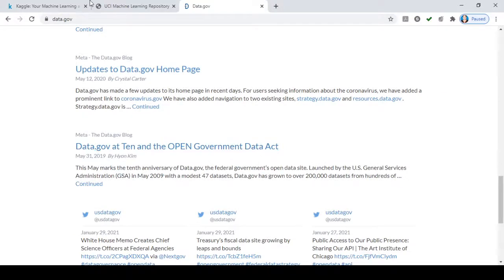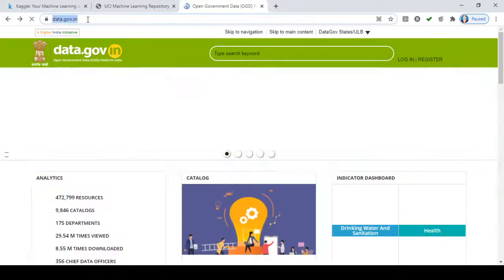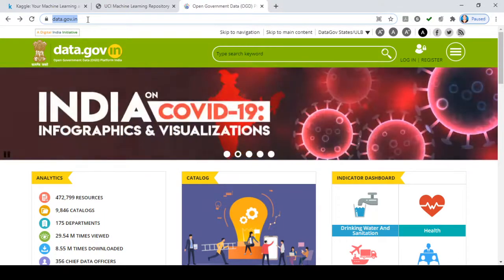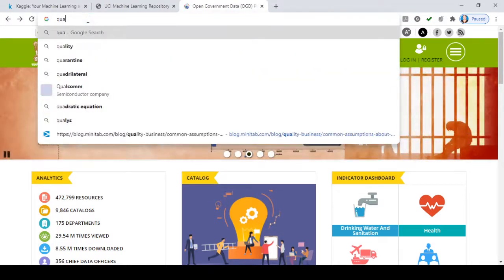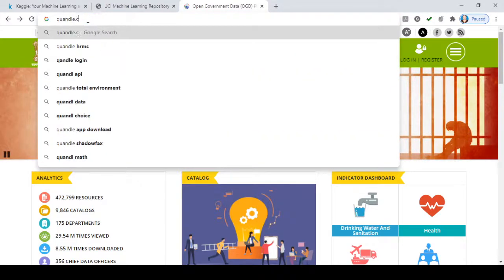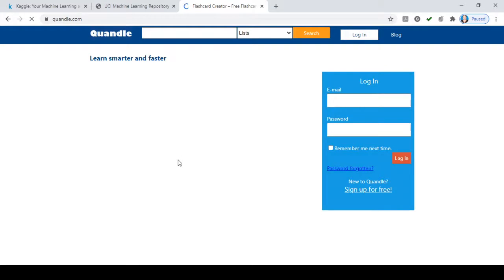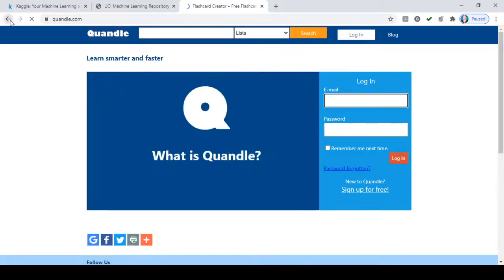So this is one site. Now next, suppose you want to download any financial related data sets. For that we have one site, which is Kaggle.com. So just go to that site and you can get any financial related data there.